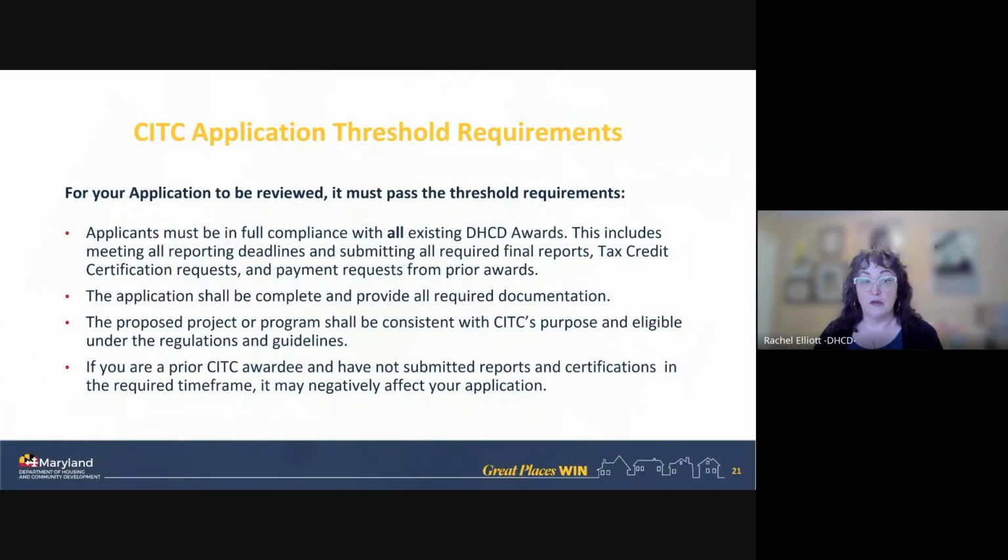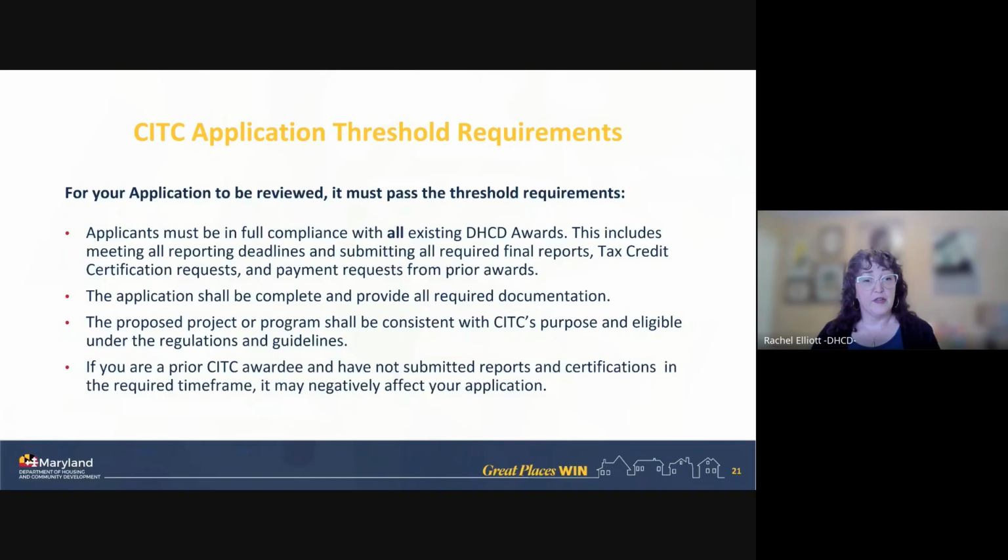This includes meeting your reporting deadlines, submitting required final reports, doing your request for payments, and also specifically with CITC, having your tax credit certification requests submitted and your payment on time in the time frame we've asked, as well as your reporting.